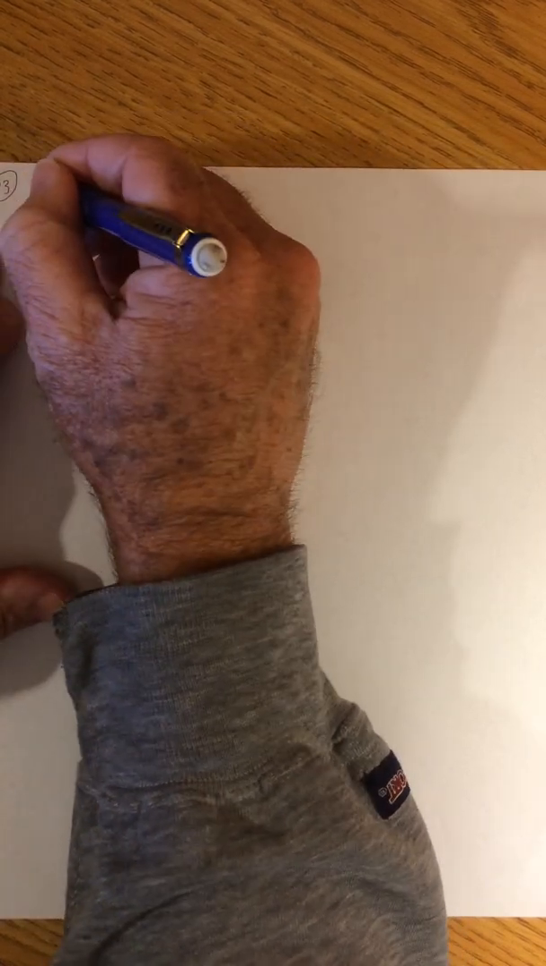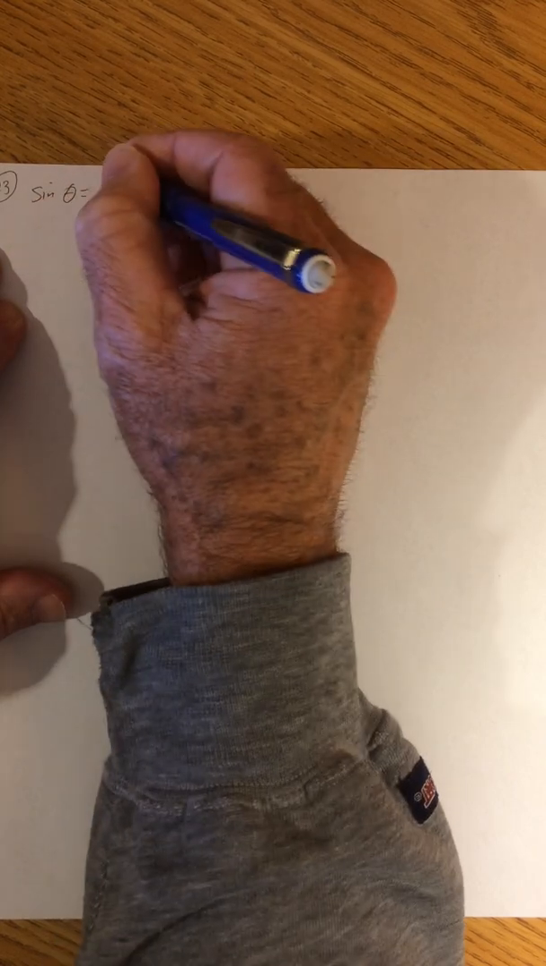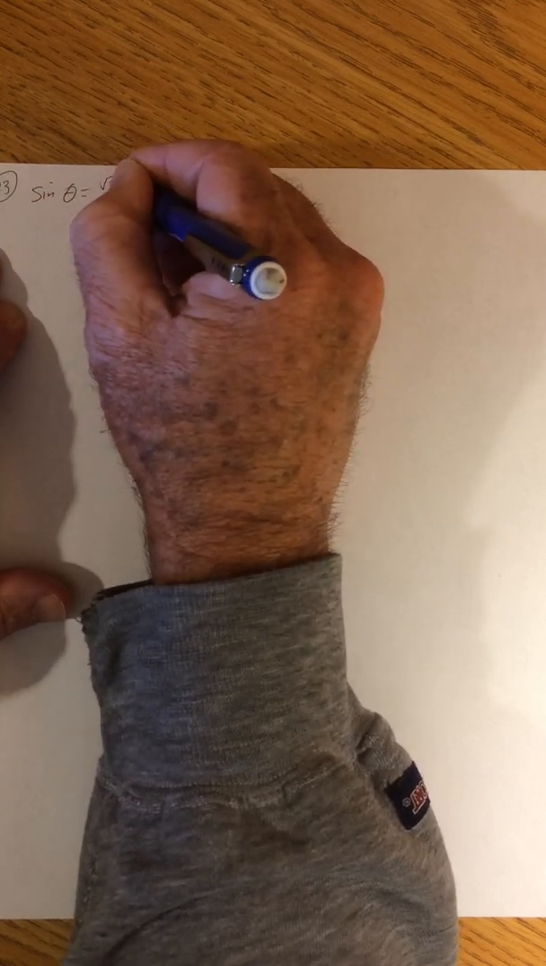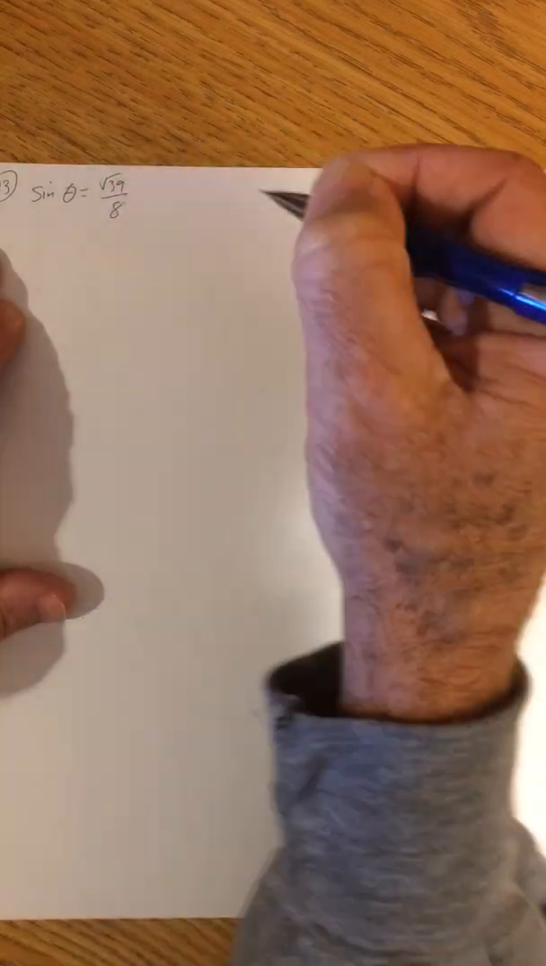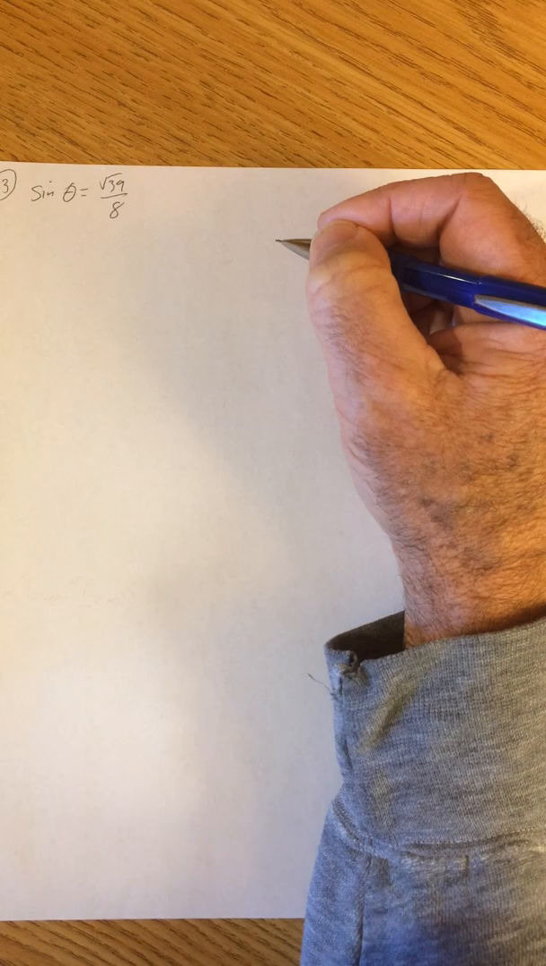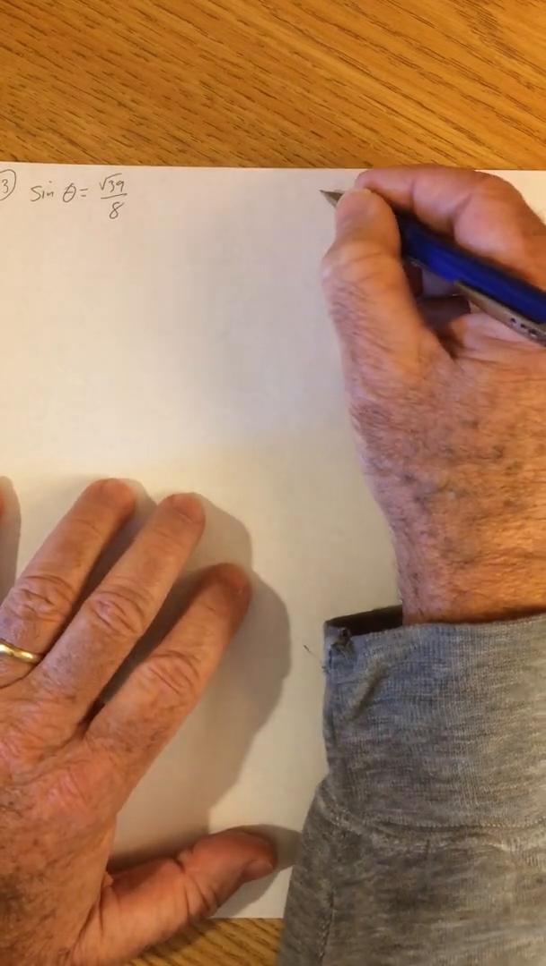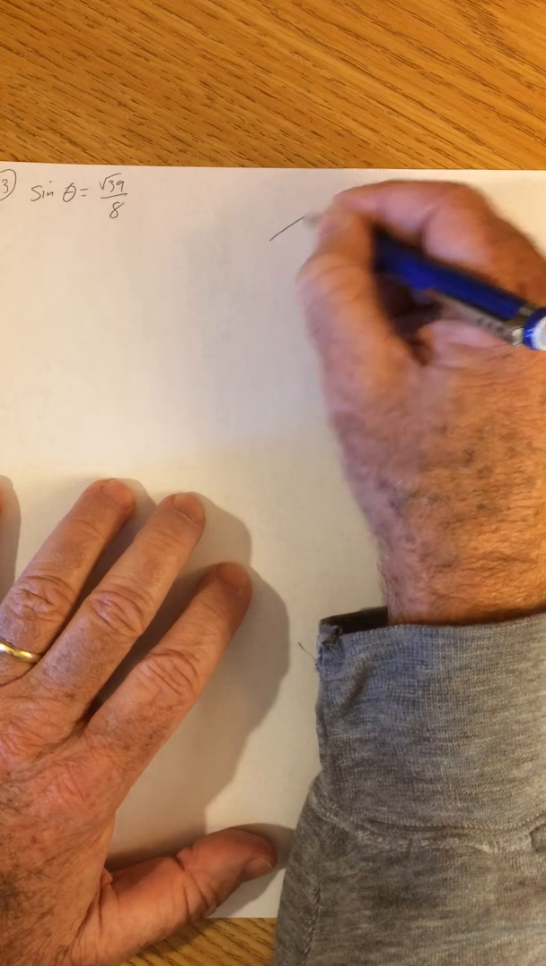Sine theta is equal to the square root of 39 over 8. Now the book says to do this by Pythagorean identity, and you can, but we can also do it a little bit differently. We can do it by triangle. Okay, if I draw a triangle